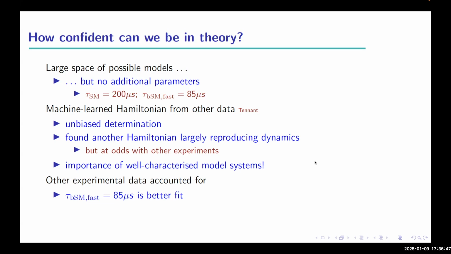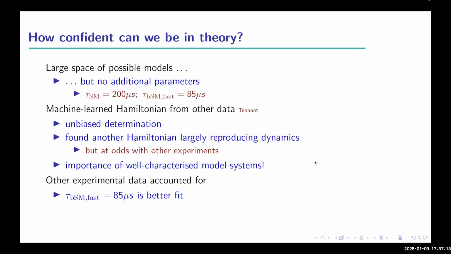And this shows how it's really important to have well-characterized model systems, not necessarily because a given system is particularly interesting, but because if you have a very well-characterized system, you basically don't have wiggle room to come up with incorrect theories to apparently explain things. One of the things that gave us particular confidence is that there had been